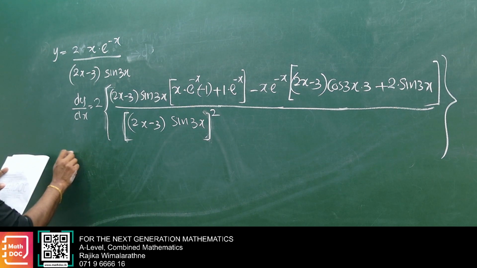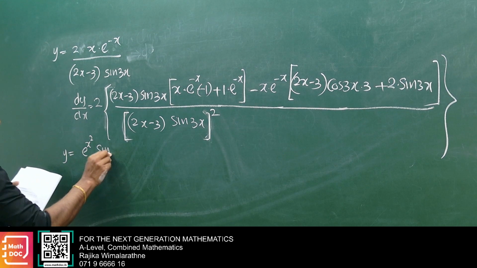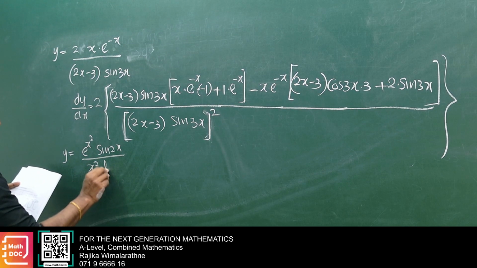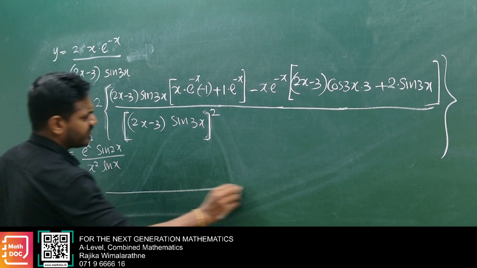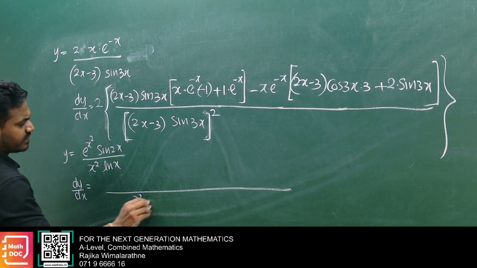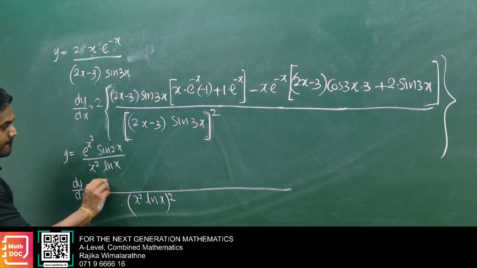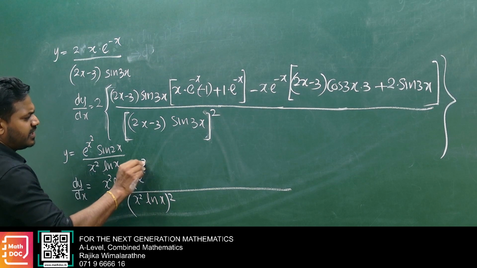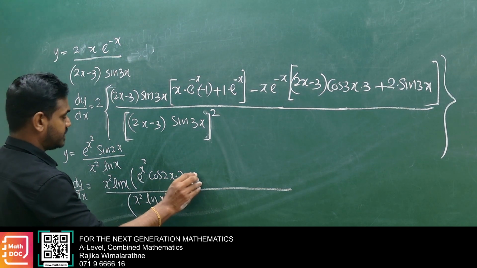Then y equals e to the power x square sine 2x over x square ln x. Then dy by dx. Denominator is square, denominator times derivative of numerator: e to the power x square times derivative of sine, cos 2x times 2, plus e to the